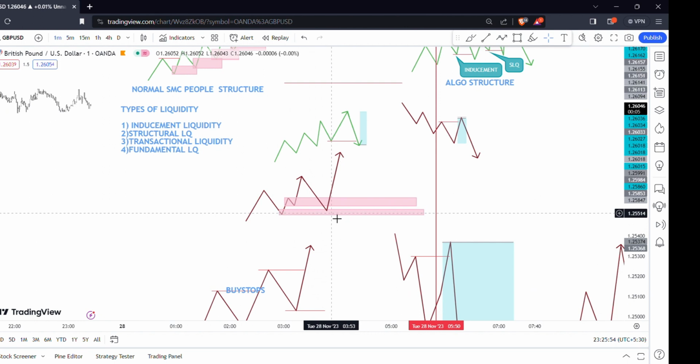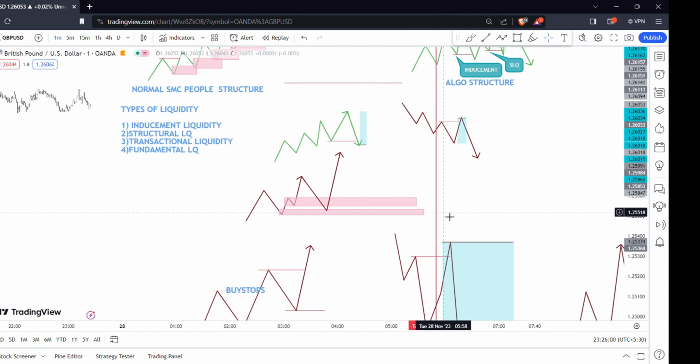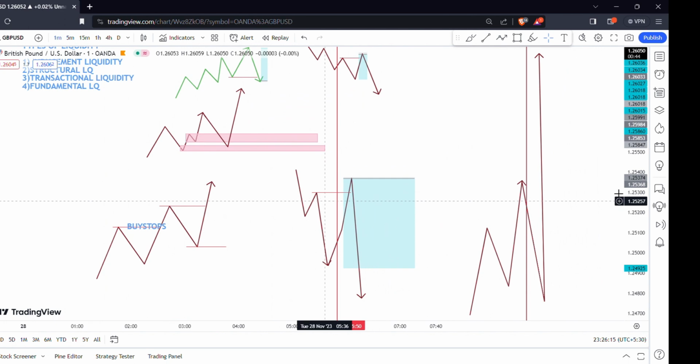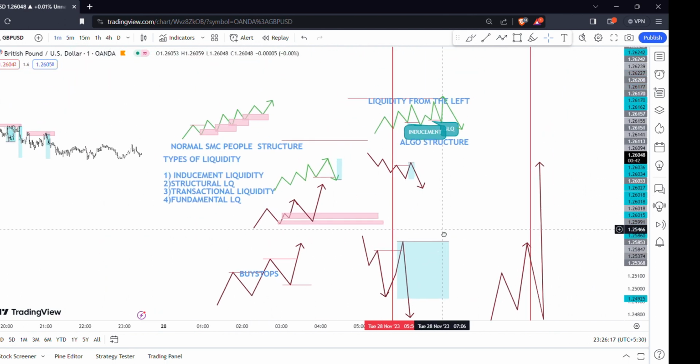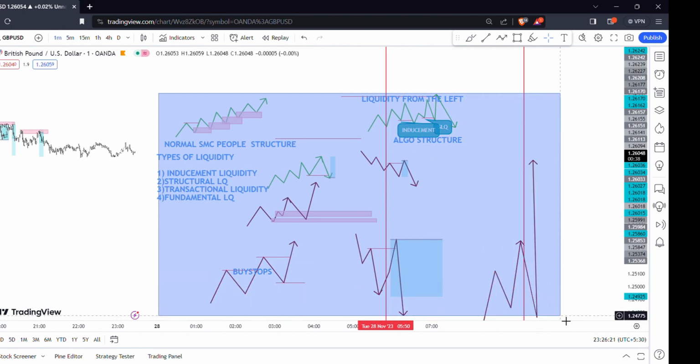If this pattern is happening in the monthly time frame, you will see some weeks of bullishness, because the monthly liquidity is very powerful liquidity, and all the low time frames will automatically align into that liquidity. So it is always necessary to understand what the high time frame is doing, and then you can change into the low time frame liquidities and then trade. Without understanding the high time frame, you can't trade anything, because the high time frame always has the superior power.